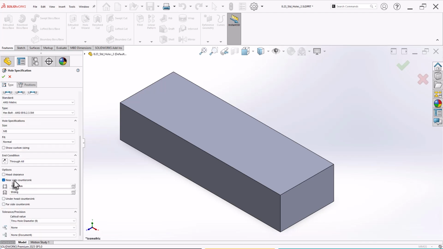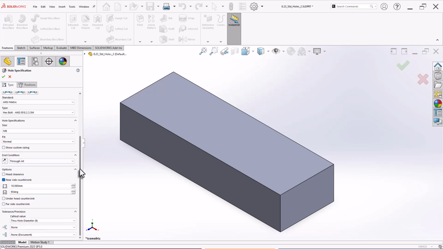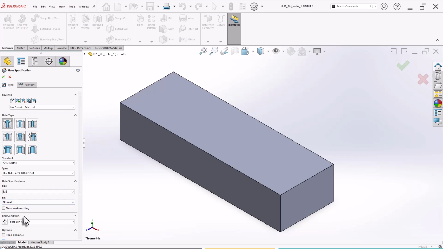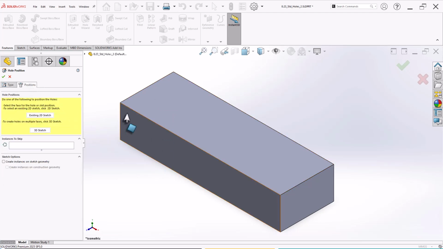Now here we need to understand. So fit is normal, loose, you can select it or show custom sizing. The moment you do that, you can control the inside diameter, outside diameter, the depth, etc. Now because we are going to use standard holes, let's not modify these sizes unless we require. Once we do this, make sure the end condition is through hole, because we want to create a hole from top to bottom. Now select the positions